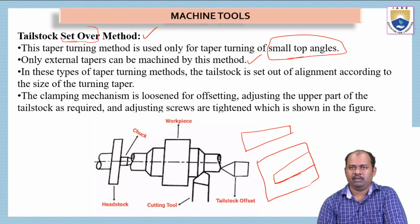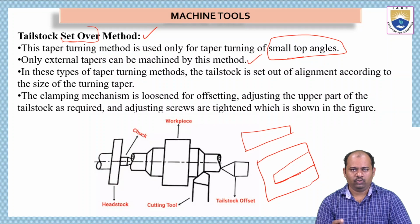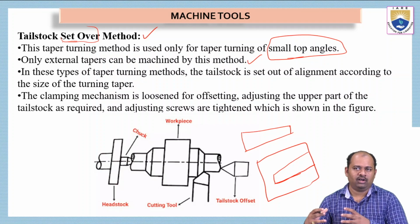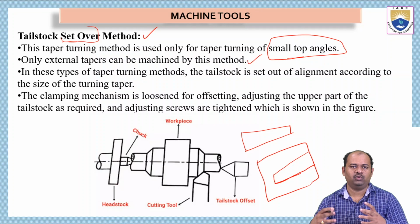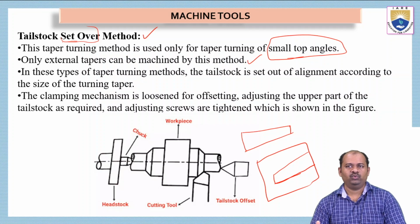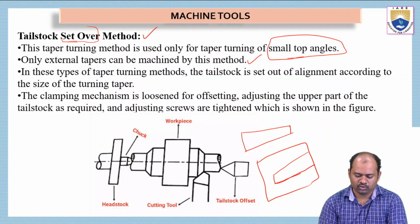So see here, the clamping mechanism has to be loosened, and for offsetting and adjustment, the upper part of the tailstock as required. So the tailstock has to be offset. It should be prepared in such a manner that it is loosened, and offsetting has to be done in order to get a taper turn. And the adjustment screws are tightened, which is shown in the figure. So we can see here,